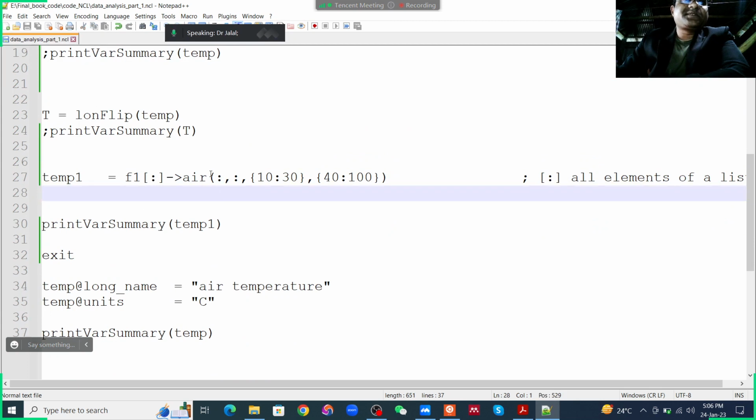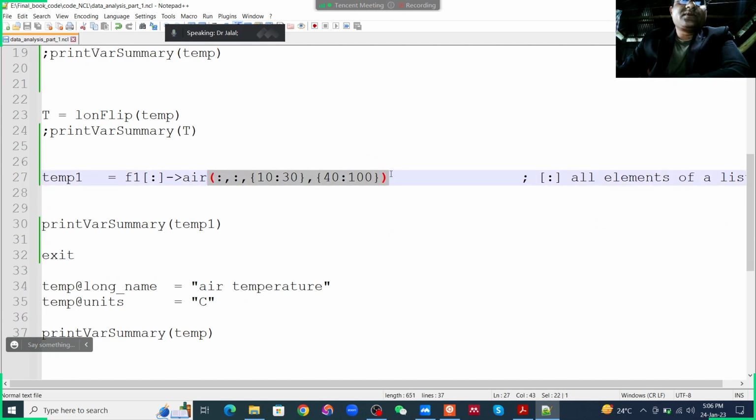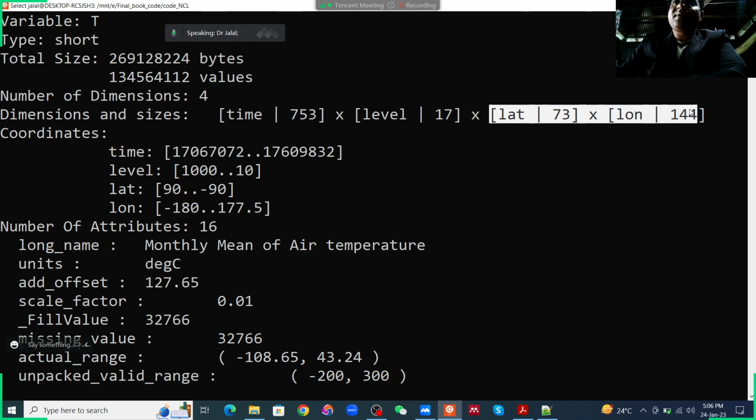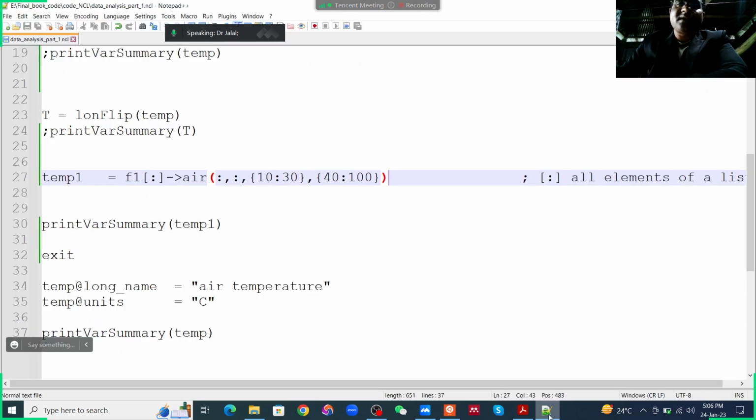So in the temperature 1, we have this here. Now we want to subscript. We want to use our own latitude and longitude. Our data has 4 dimensions: time, level, and lat and lon. But we just want to set our lat and lon over, for example, Nigeria or Uganda, whatever. So in parentheses, first we use the colon, meaning we take the whole time, then the whole level,